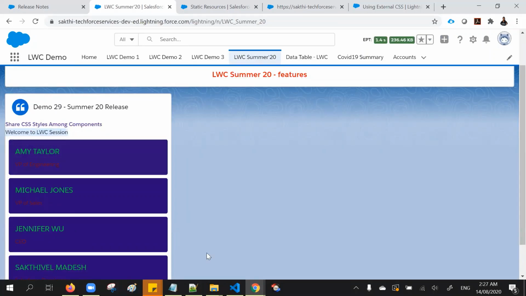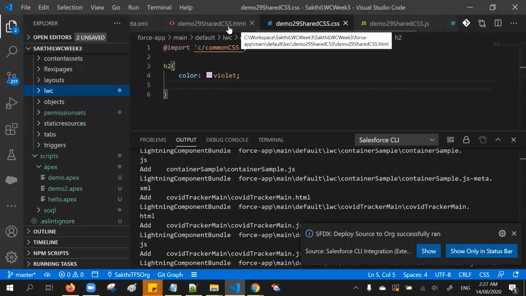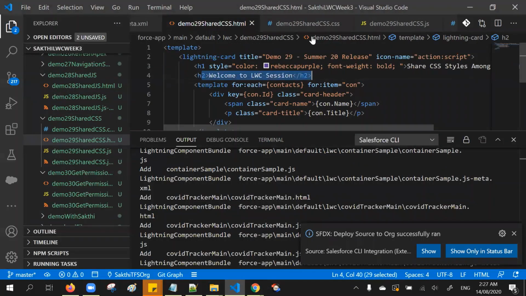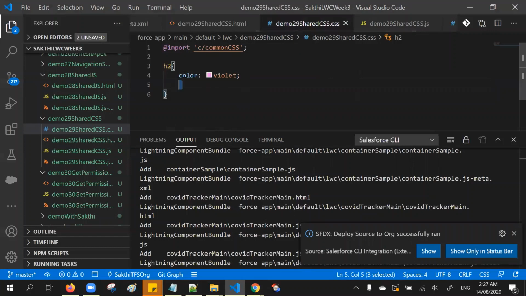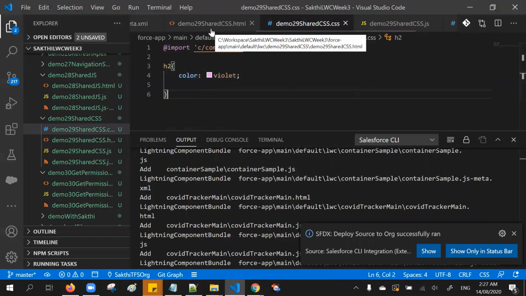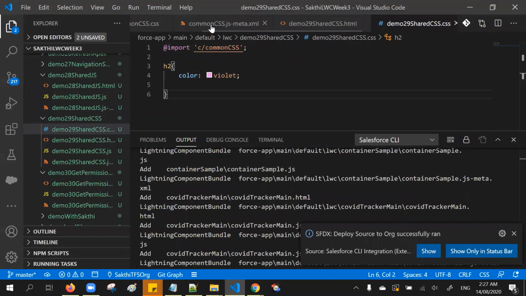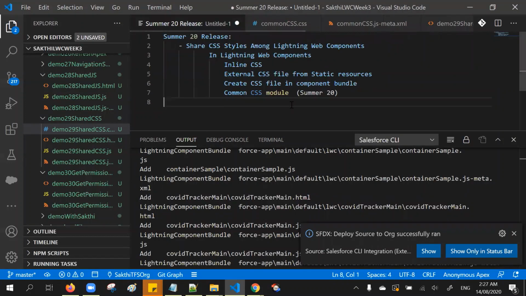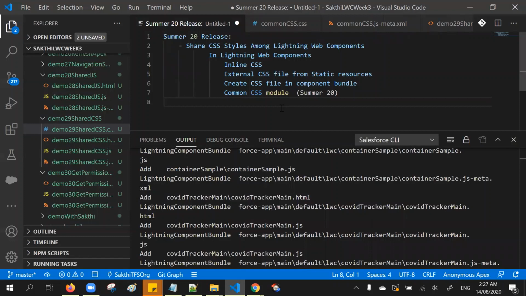The styles get reflected. If you see here, I added the H2, and for the H2 element I added the colors from the component bundle level. So using this common CSS module, we can create a consistent look and feel for the Lightning Web Components, and we can share the CSS styles among multiple Lightning Web components.